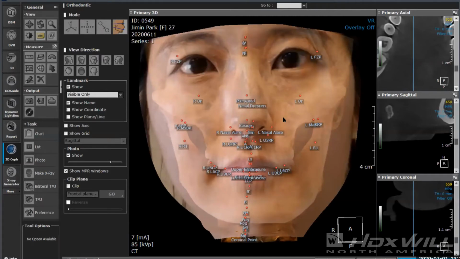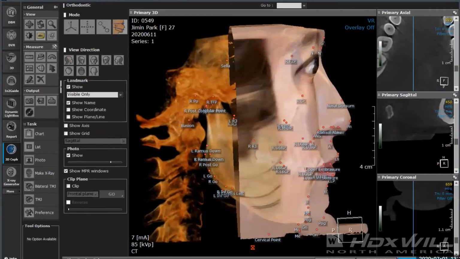Now you can see this may be a lot more points than most people are used to doing. Here's the lateral portion of that, so you can see all the points plotted out. And so again, you can adjust how many of those points you need to create your analysis and be able to do that. Now, another thing that our wonderful education staff has created is that they've been nice enough